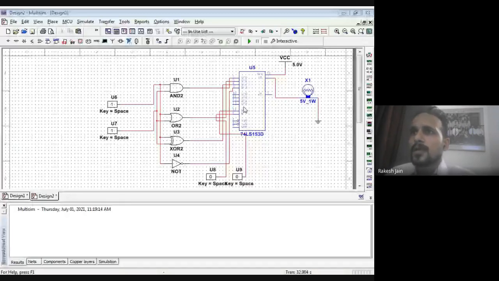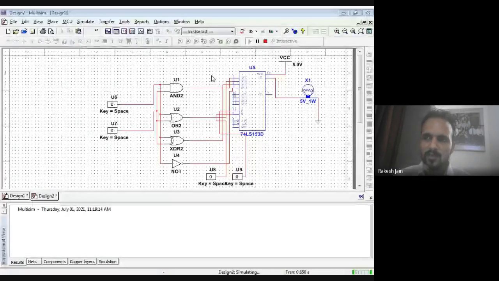So now see. To check the circuitry, first of all I set all those selectors to the 0 position. Now click on this run button. So I just run it. Now, the image which you saved in your mobile, just to check. First of all, I want to check the AND gate only. To select that AND gate, both multiplexer selectors, U8 and U9, should be 0, 0. The selector pins are denoted by U8 and U9.